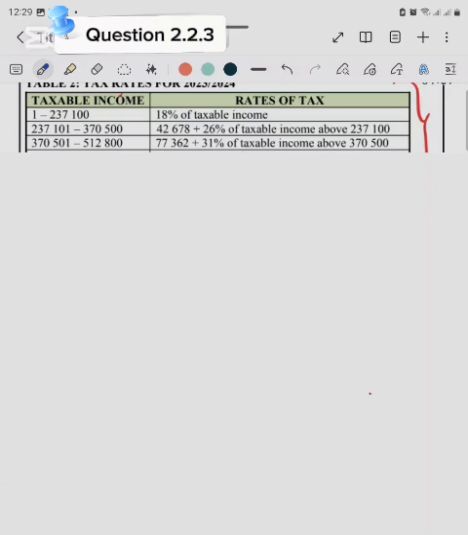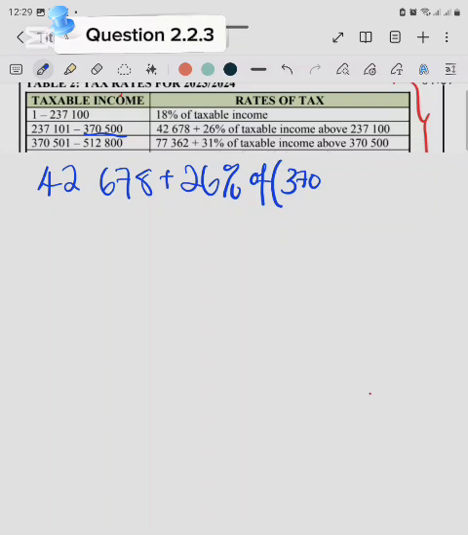So what they did is they basically took that bracket and they said, well, 42,678 plus 26% of, and they multiplied it by using the full amount that could fit in that bracket. So that 370,500 minus the 237,100. So basically they said, if I earn exactly the uppermost region of this bracket, what would I pay in